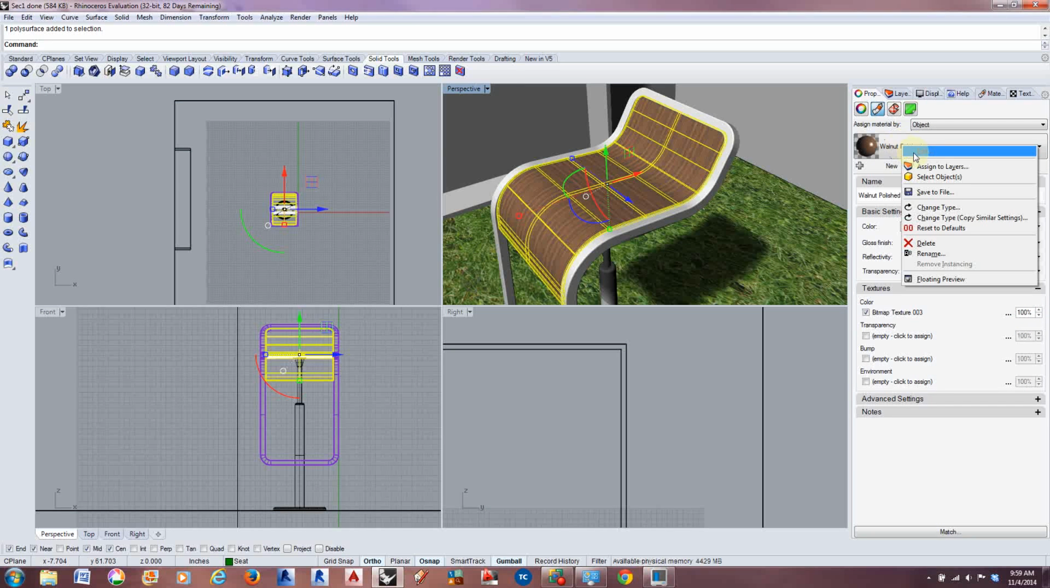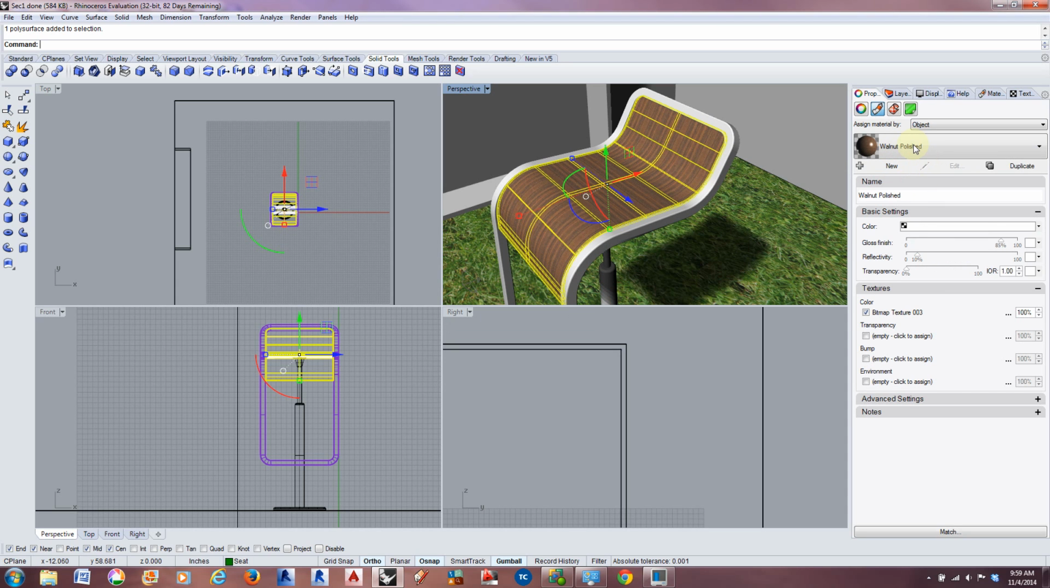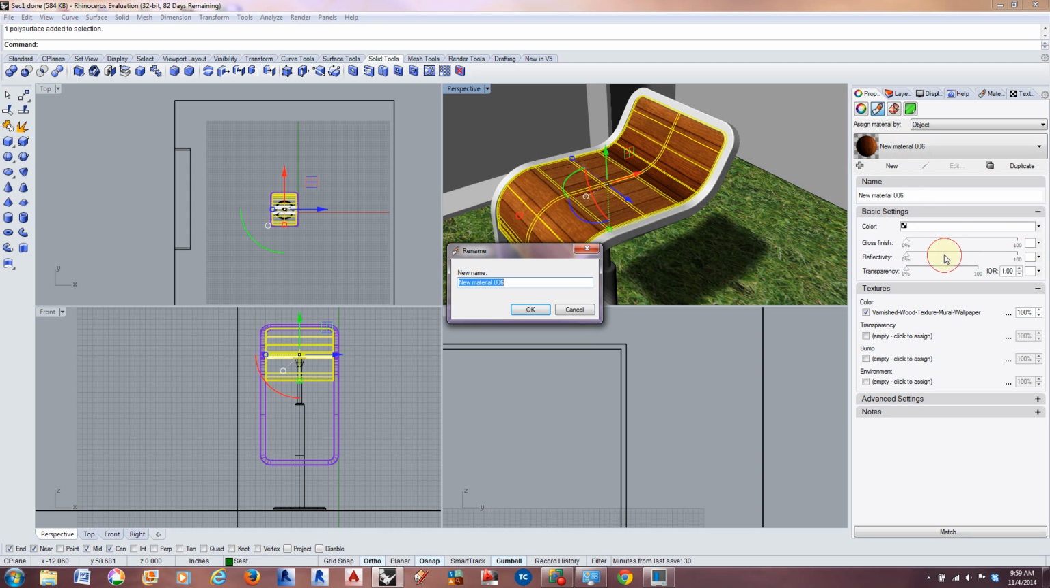There we go. By right-clicking on the name, but it appears like you have to have it selected first to rename that. So